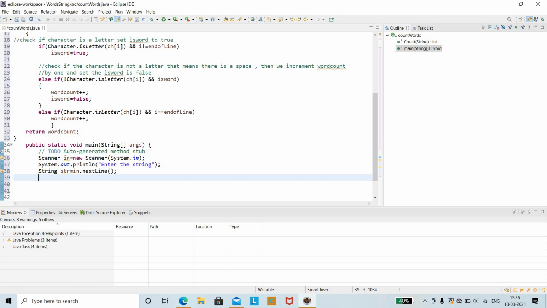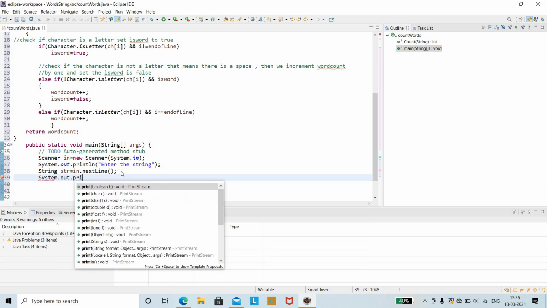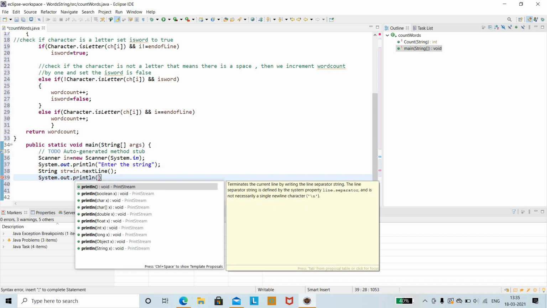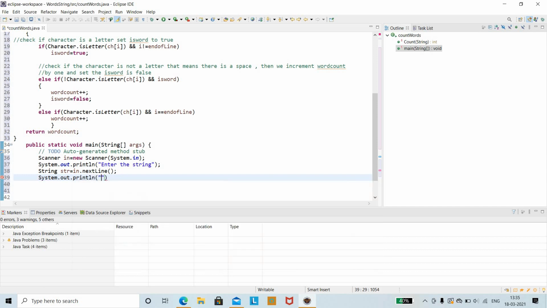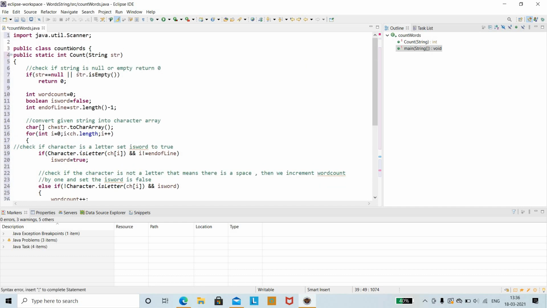Once that is done, you call the function you wrote. System.out.println. Directly we shall call the function, and you can include a message like number of words in a string. So you can say number of words equal to, plus the name of the function, which is Count.